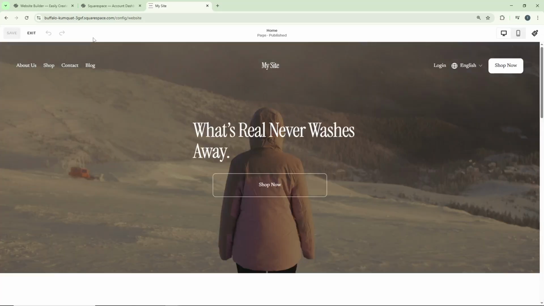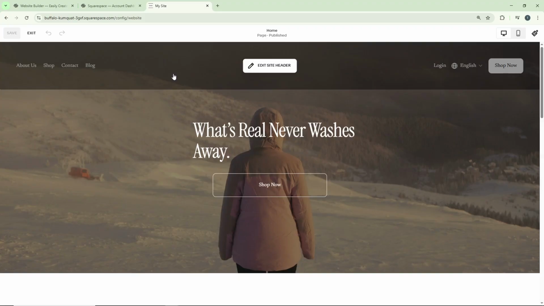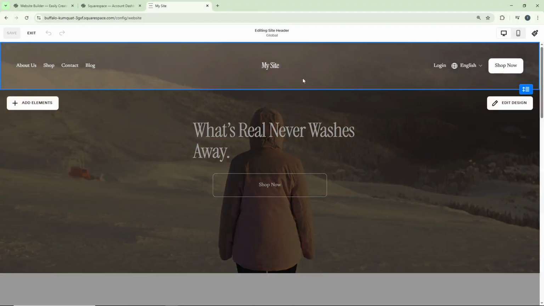Now locate your navigation bar at the top of your page. Once you've found it, click on Edit Site Header. This opens up all the customization options specifically for your navigation area, giving you full control over how it looks